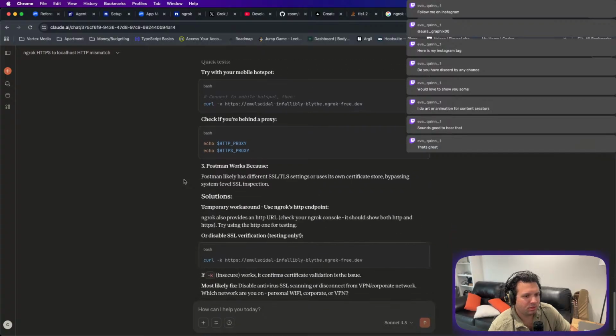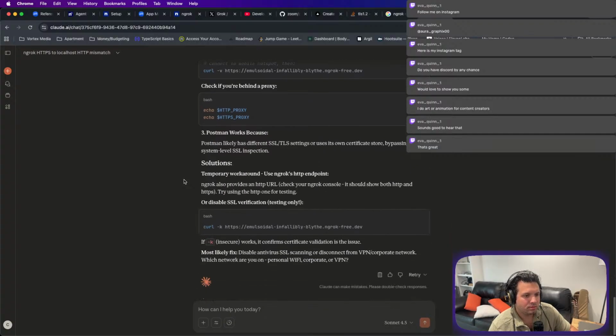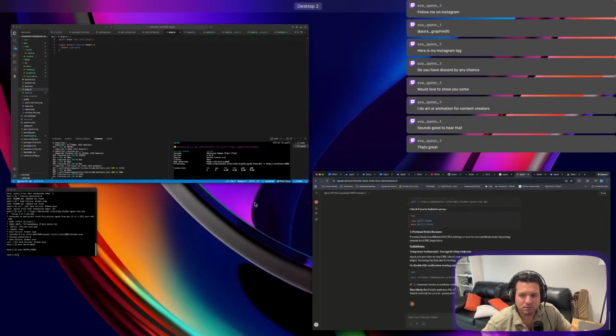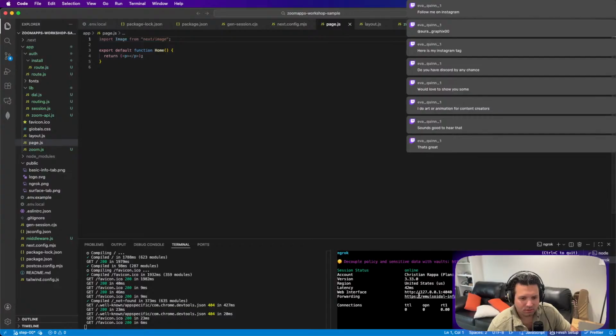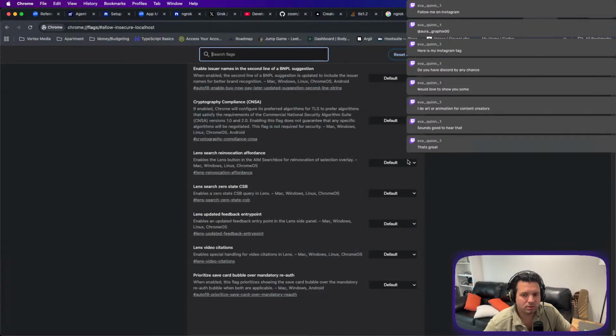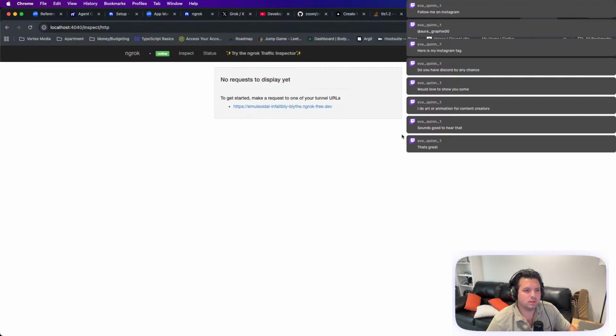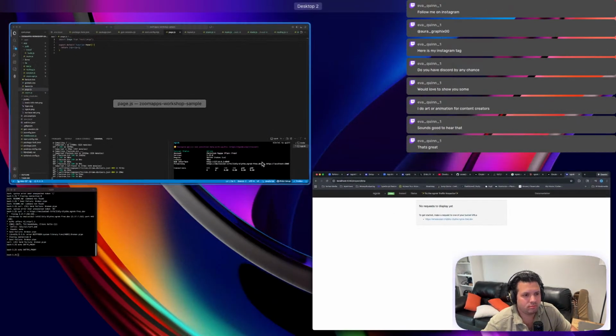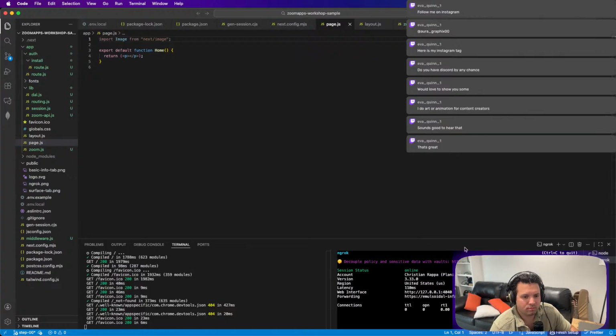Try with my mobile. ngrok's HTTP endpoint. ngrok console. Should show HTTP. It's just the web interface. No, it forces HTTPS. Can't do that. This is pretty crazy sauce, actually.